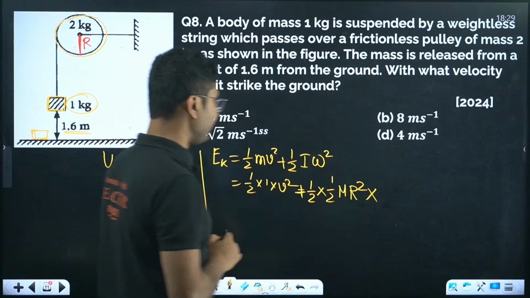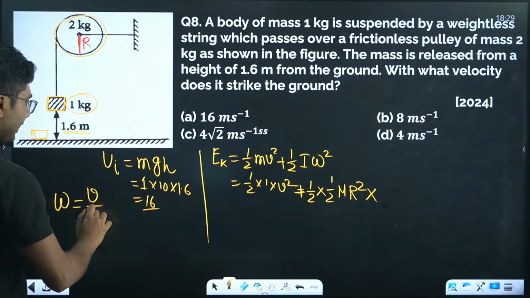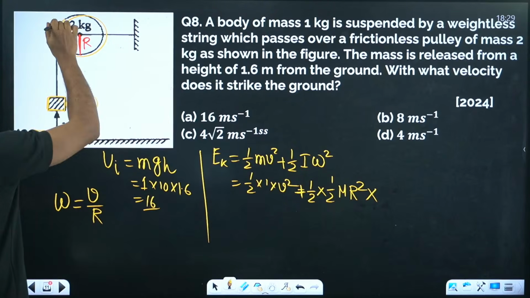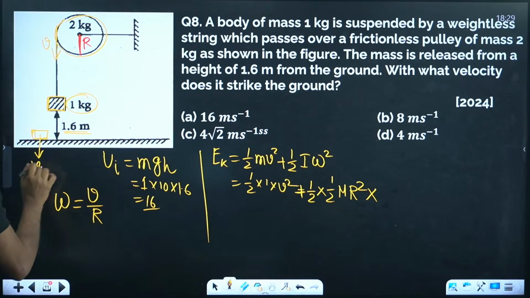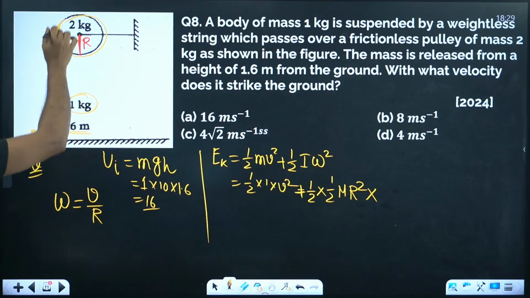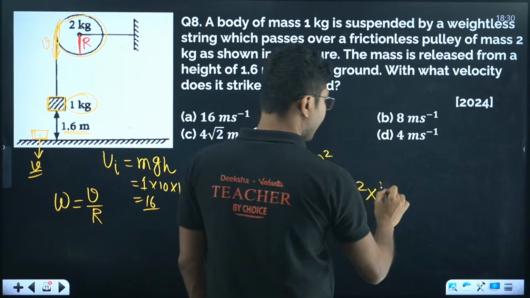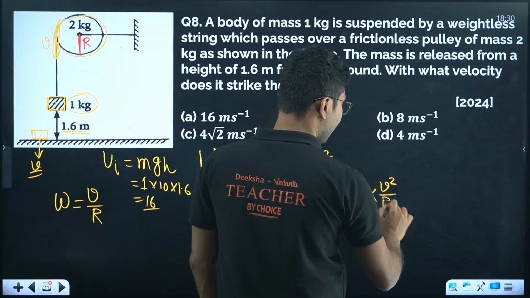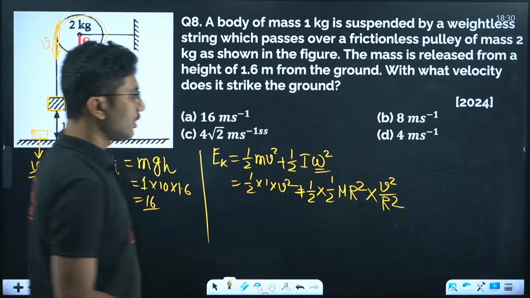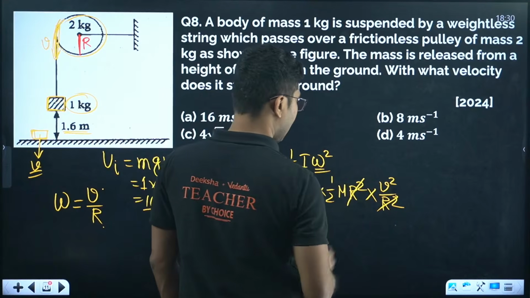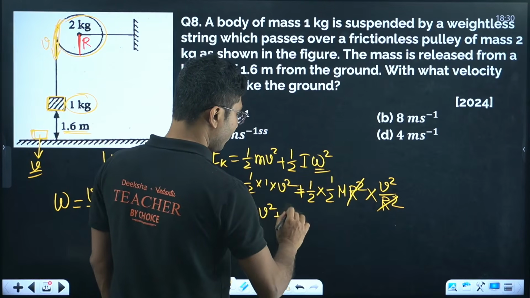Because omega is given. What is omega? Omega is linear velocity by radius. Remember that. The linear velocity of the pulley will be the same as the velocity of the object. So omega square will be v square upon r square. The r square cancels, and you get half v square plus 1 by 4